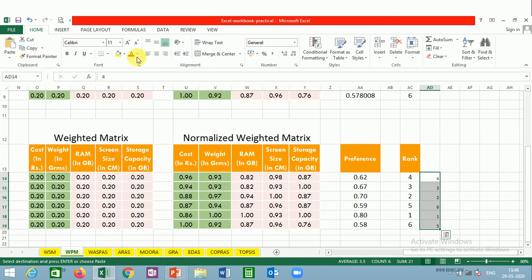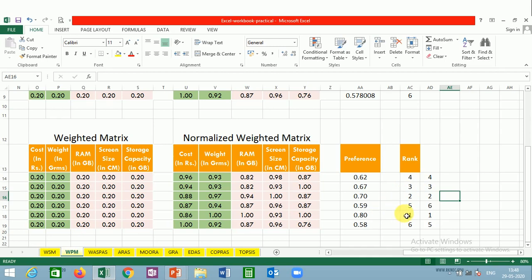Now look here, the values are with us, and now we can compare these two models, how they are going to give the result. So there is a change: the first alternative is ranked fourth, second alternative is ranked third, okay, in both the methods. Third alternative is ranked second in both the methods, okay.